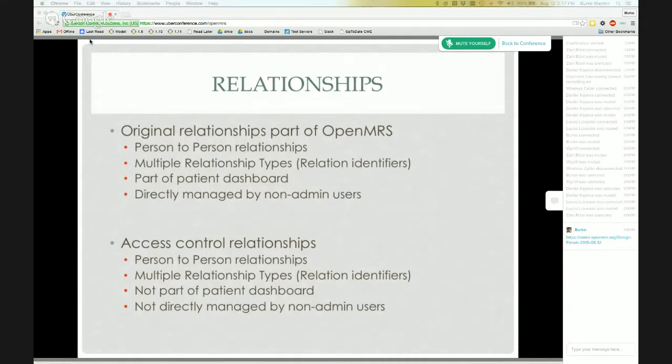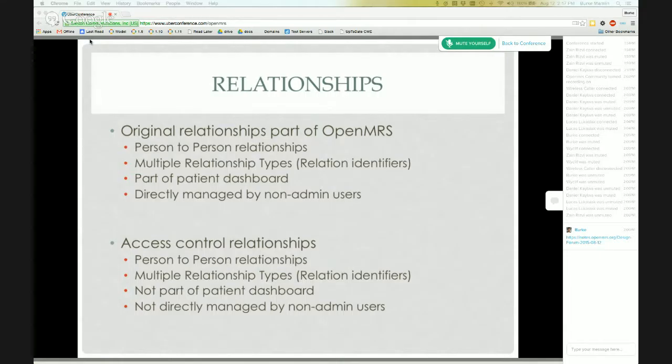So you have something like sibling, parent, uncle, aunt, that sort of thing. And these are directly managed by non-administrative users, meaning that a doctor can go into the patient dashboard and add new relationships or delete existing relationships as long as they have the correct privileges. So these are the original OpenMRS relationships.